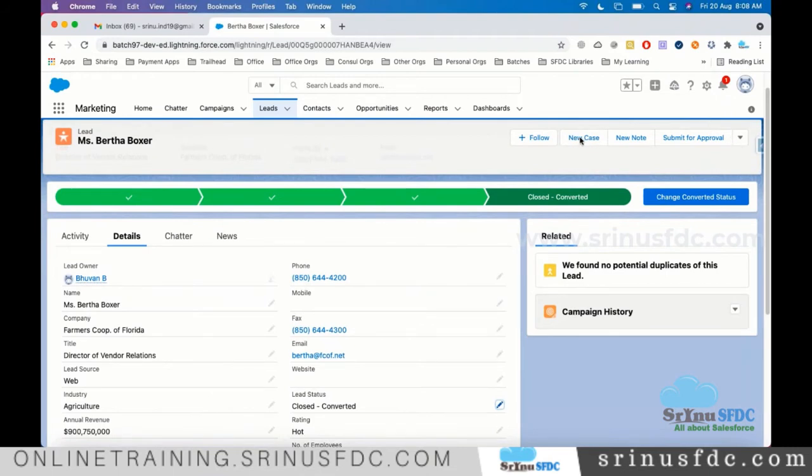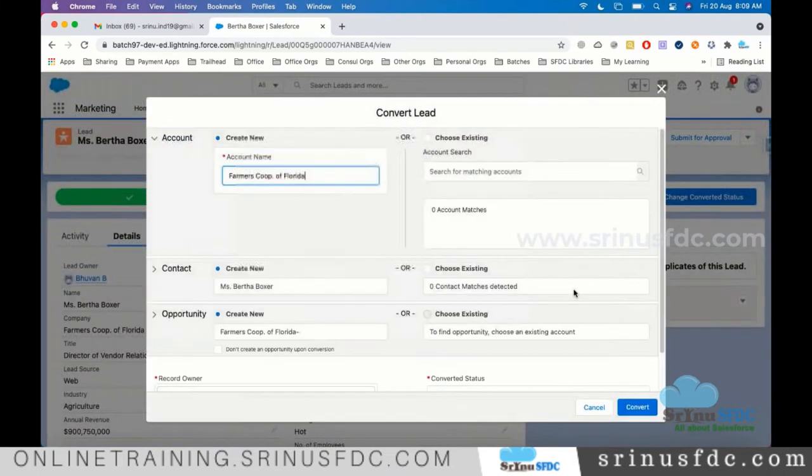For that, if you see here, these are the buttons, or we also call them actions, quick actions. If you click here on one of the actions, convert, you can convert the lead into account, contact, and opportunity.